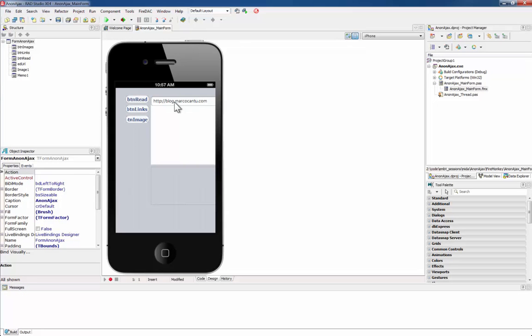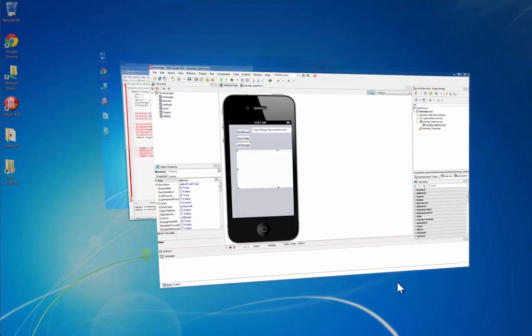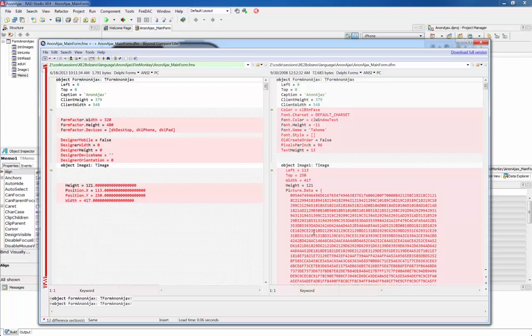So now we could still apply a little bit of tweaks and update the UI and set up the proper position of this component and controls, and we will be able to turn this application into a mobile application. What I wanted to show you, however, is actually the conversion operation that's being done